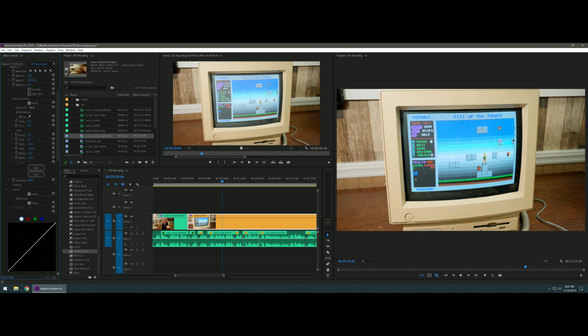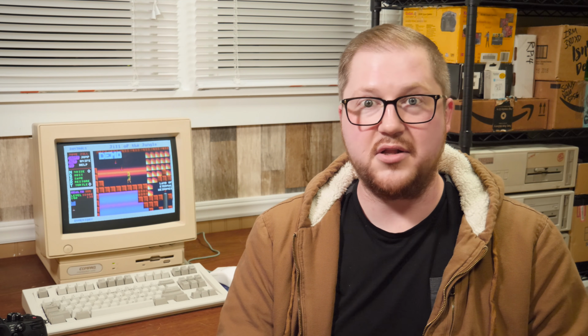Like the blues, especially on a CRT, can look, I don't know, everything can have this kind of teal, light blue look to it. Like grays look more light blue than they should. But yeah, that's all like filters and stuff. The rest, I try to get the best possible image in camera to begin with.